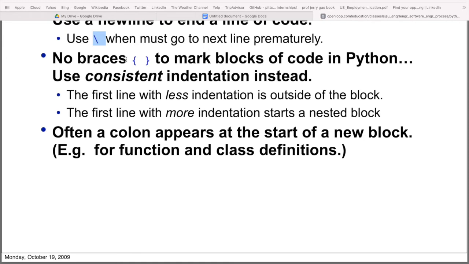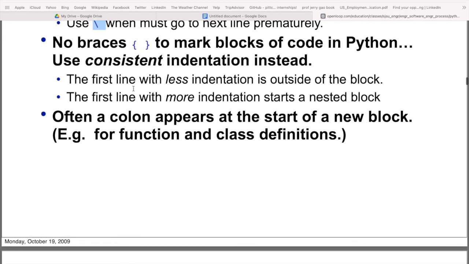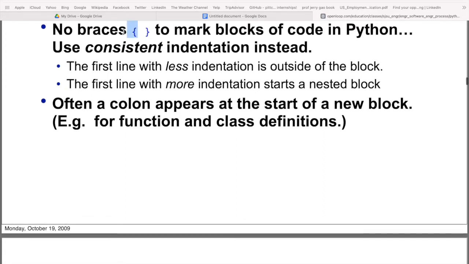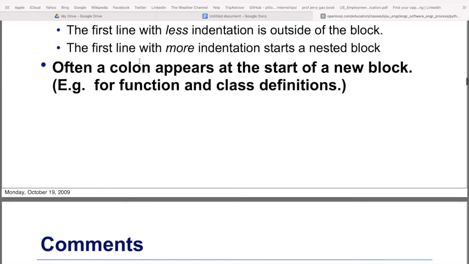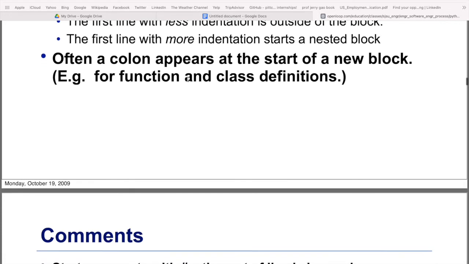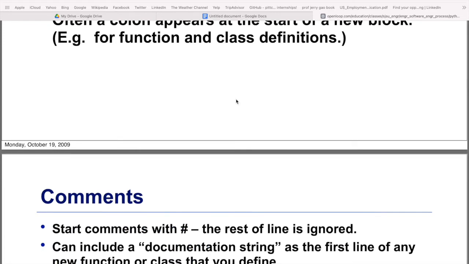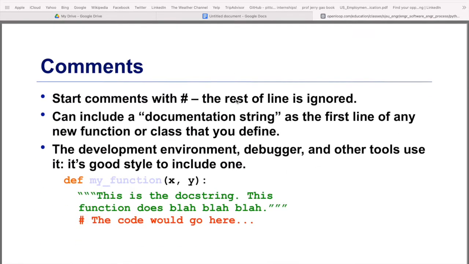We don't use braces in Python, we use indentation. Instead of braces, we indent it. The colon appears at the start of a new block, say we have a function or a class definition, we have a colon.